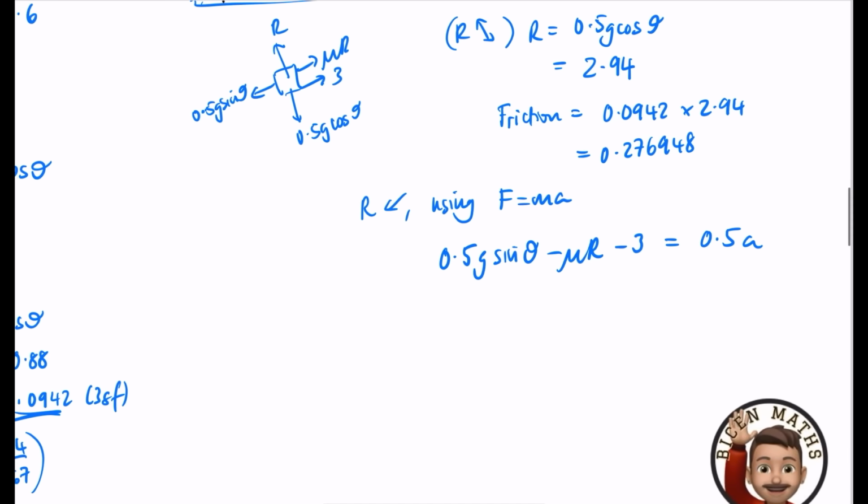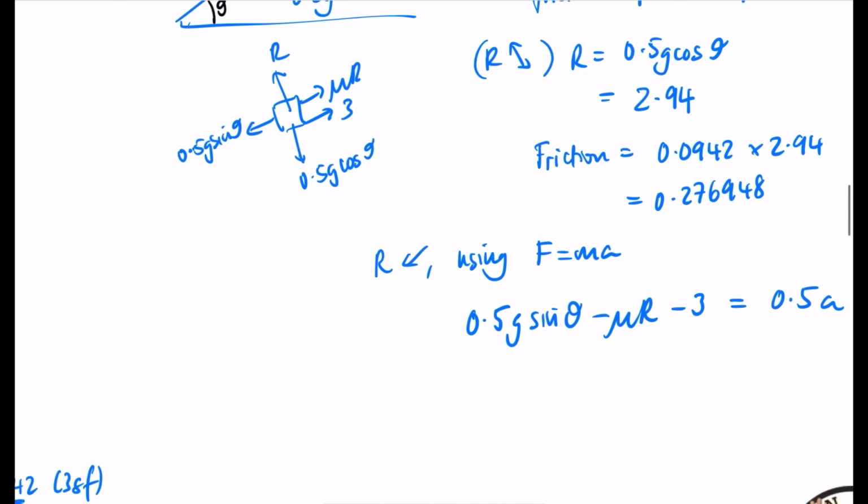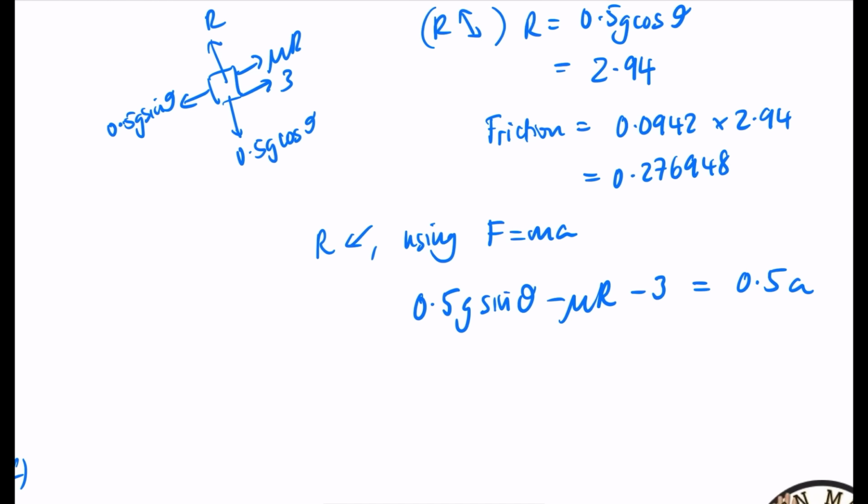So I'm going to do an awful lot of typing on my calculator. That's 0.5 times 9.8 times sine theta, which was 0.8. We subtract mu R, which was 0.276948, subtract 3, and divide that by 0.5, and we get that the acceleration is